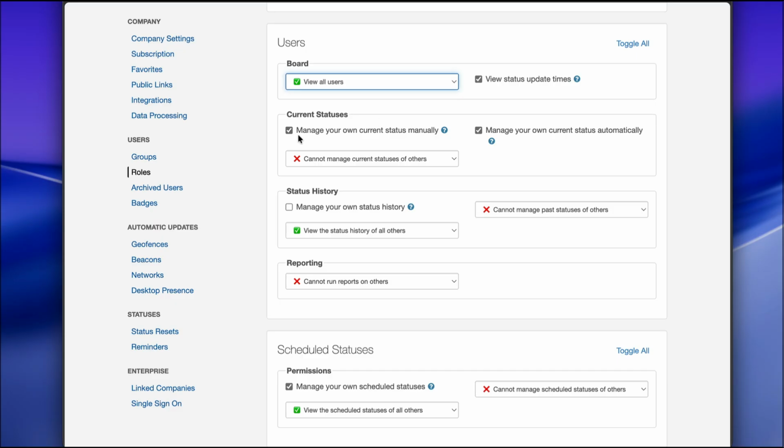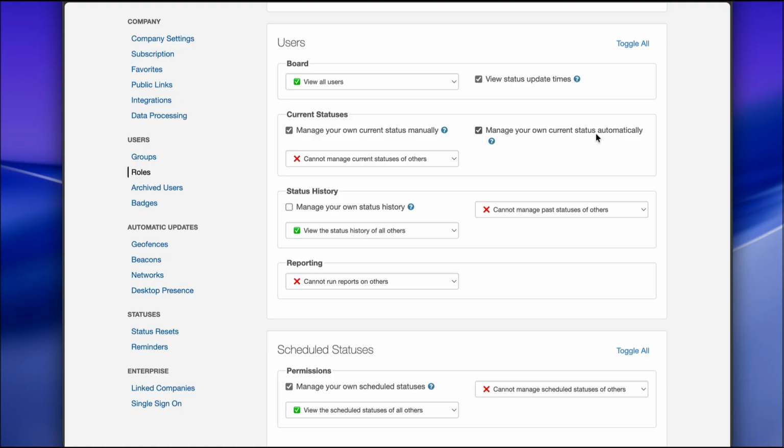If you do not have this permission, then you're not allowed to tap buttons to update your status. You can only update your status then by an automatic means, think geofence, beacons, networks, or desktop presence, or you can only do it by interacting with a common area device in a common place like a front desk or time clock. Now, we have separate videos on front desk and time clock. We have separate videos on automatic status updating. So I'm not going to spend a lot of time on them here. For this purpose, we absolutely want to make sure these people can update their status no matter where they are. Now over here, manage your own current status